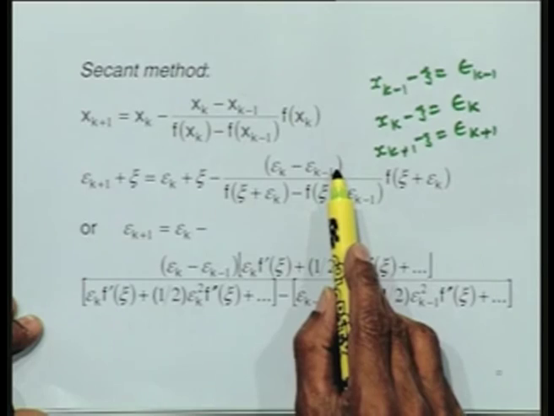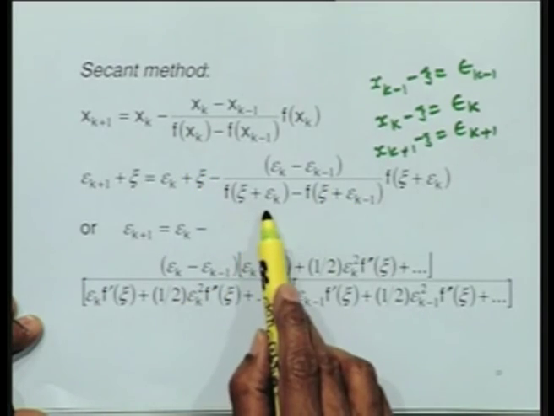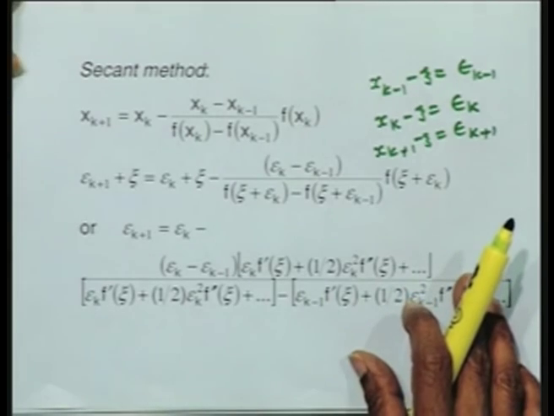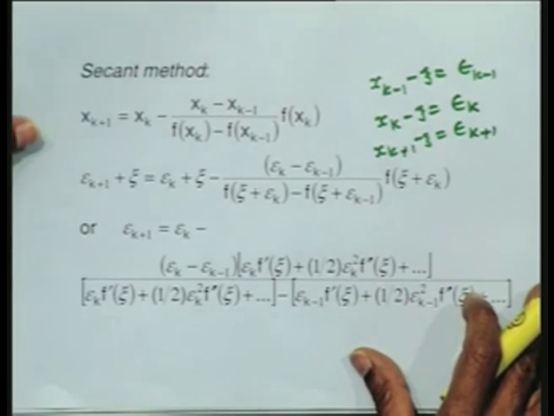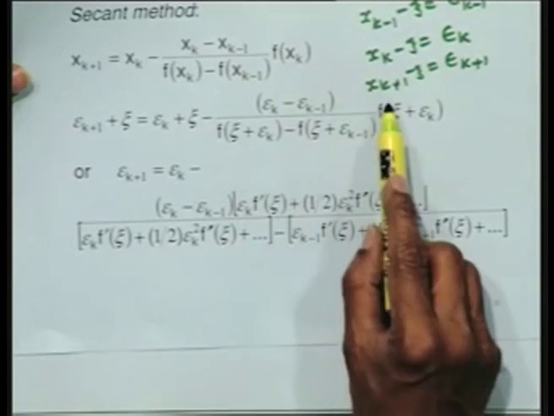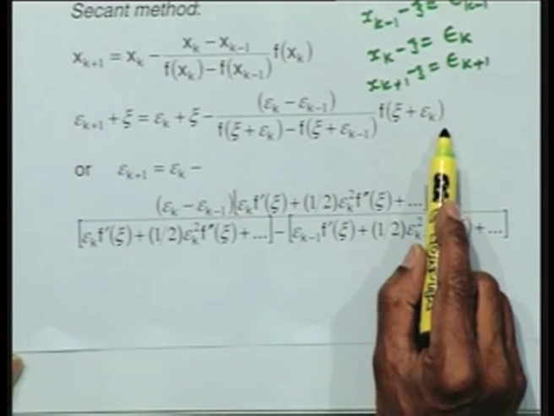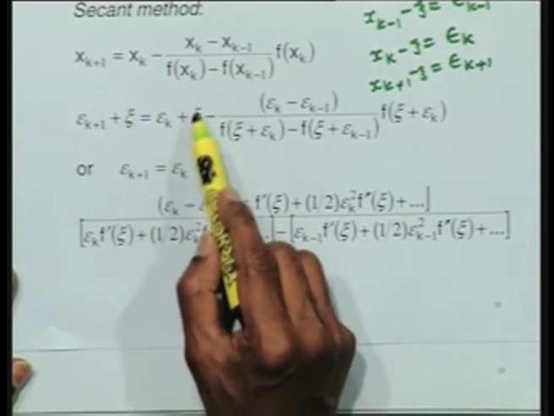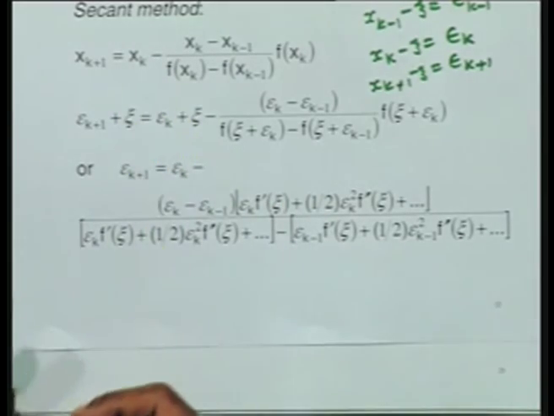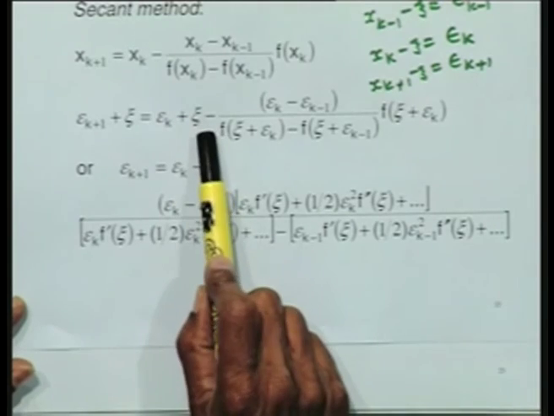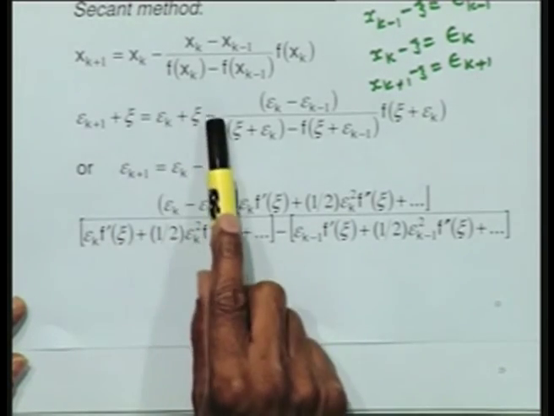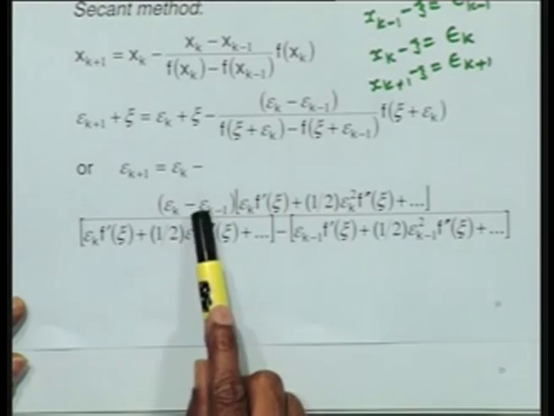This is f of x_i plus epsilon_k, and the second term is minus f of x_i plus epsilon_{k+1}, and this factor is f of x_i plus epsilon_k. Now the reason why I have chosen x_i here is that it automatically cancels, one of them easily cancels here, this x_i cancels over here, so that I can write this as epsilon_{k+1} epsilon_k. The numerator I have retained as it is.